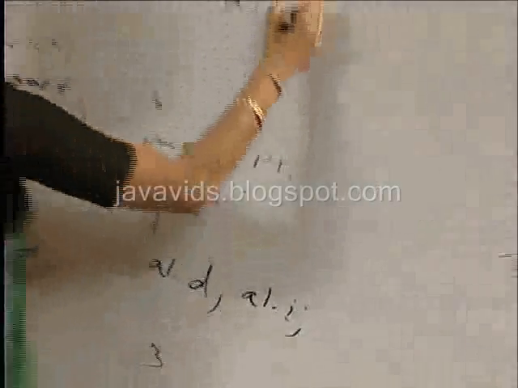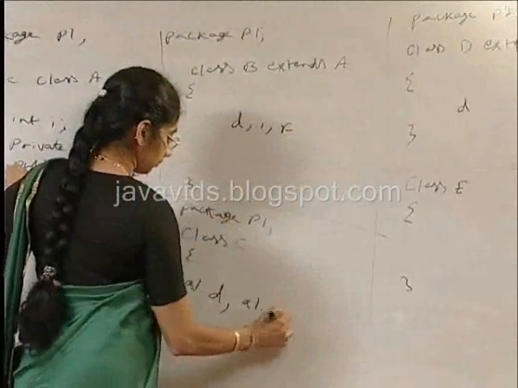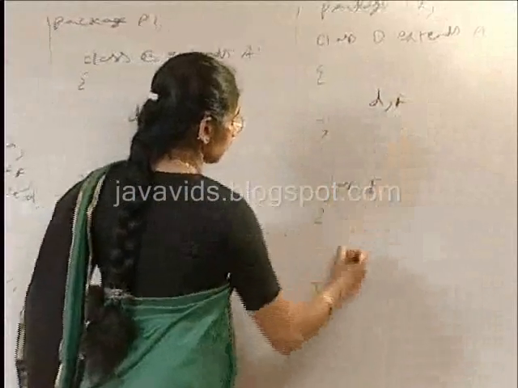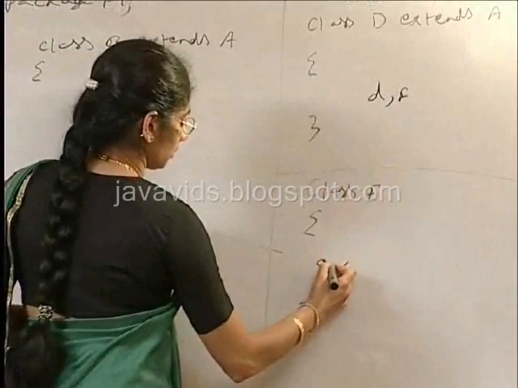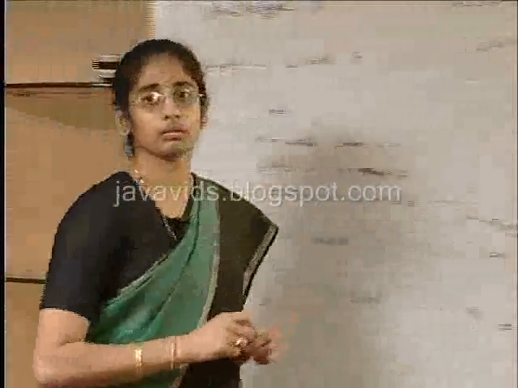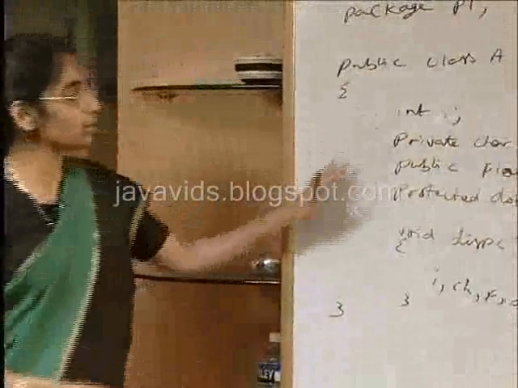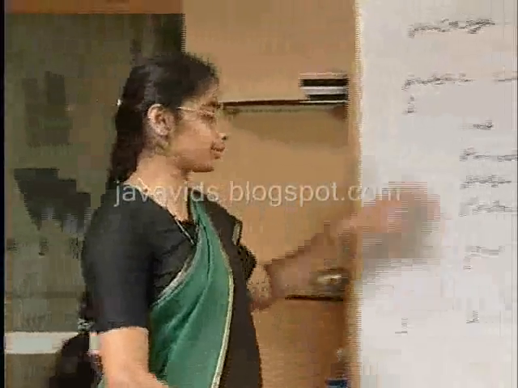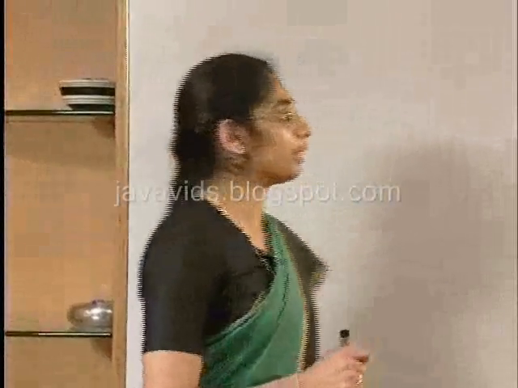Whereas a public member can be accessed from anywhere. So this is the scope of all the access specifiers. So that's about the access specifiers. Now let's